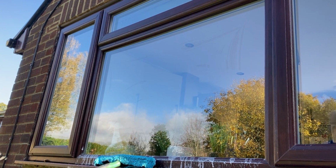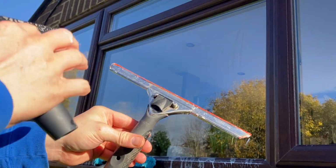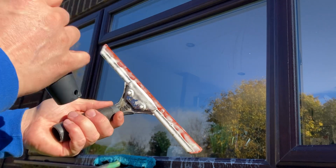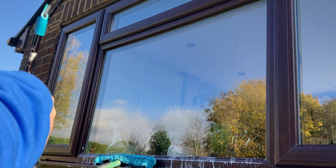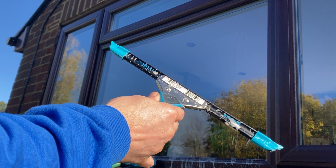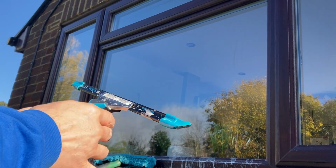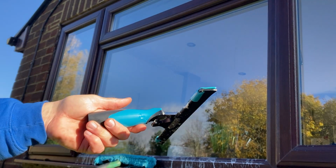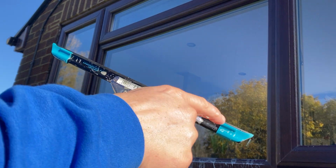So let's compare this with this. This is light years ahead of any squeegee on the market, but the rubber is rubbish. So let's knock that off and show you something that is light years ahead of that modified squeegee. So what do we have? We have Mormon. Okay, now I've got a standard handle, and I've modified the angle,